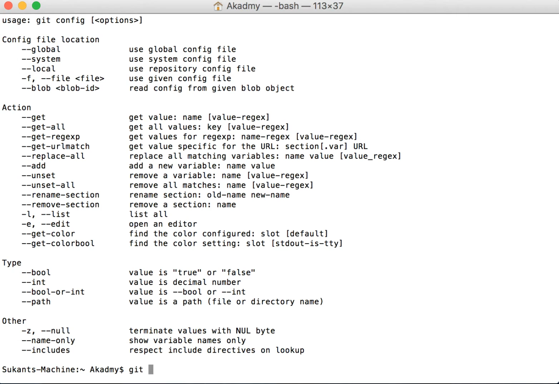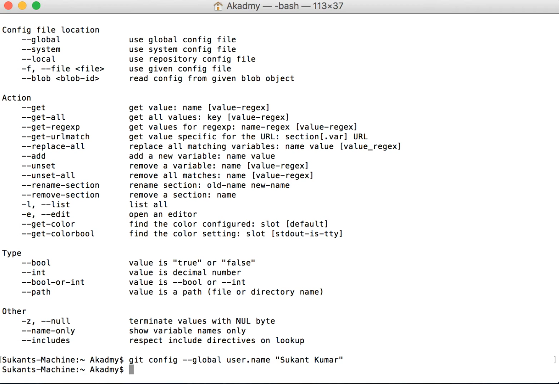So the very first thing, let's get started with creating our username. Type with me: git config --global user.name, and in double quotes I'll write my name, which is Sukant Kumar. Press enter. Then again we will set our email address.